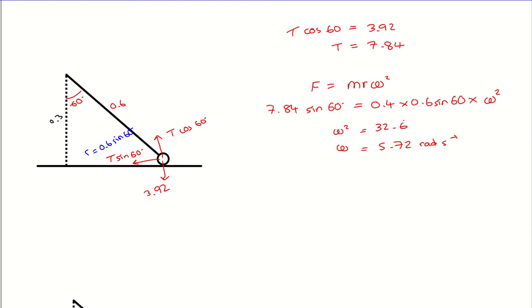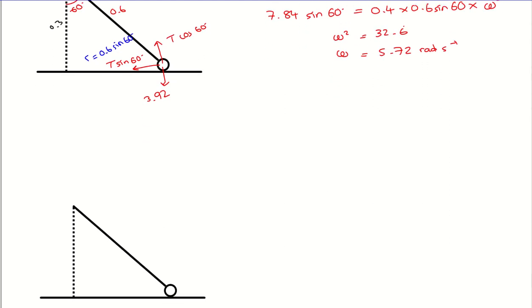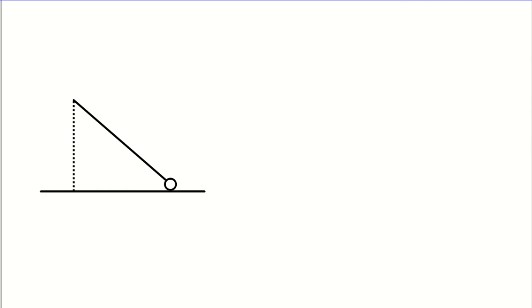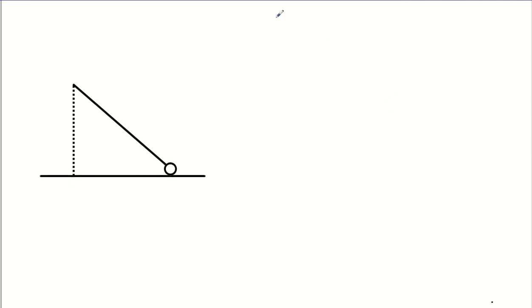Okay, and then the third part is different because this time the surface is doing some of the work. Even though the angle is 60 degrees, so it looks the same as last time, the difference this time is the particle is not going fast enough. So the only reason it's there is because the table is doing some of the upwards work. There's not enough tension in the string this time because omega is 2,